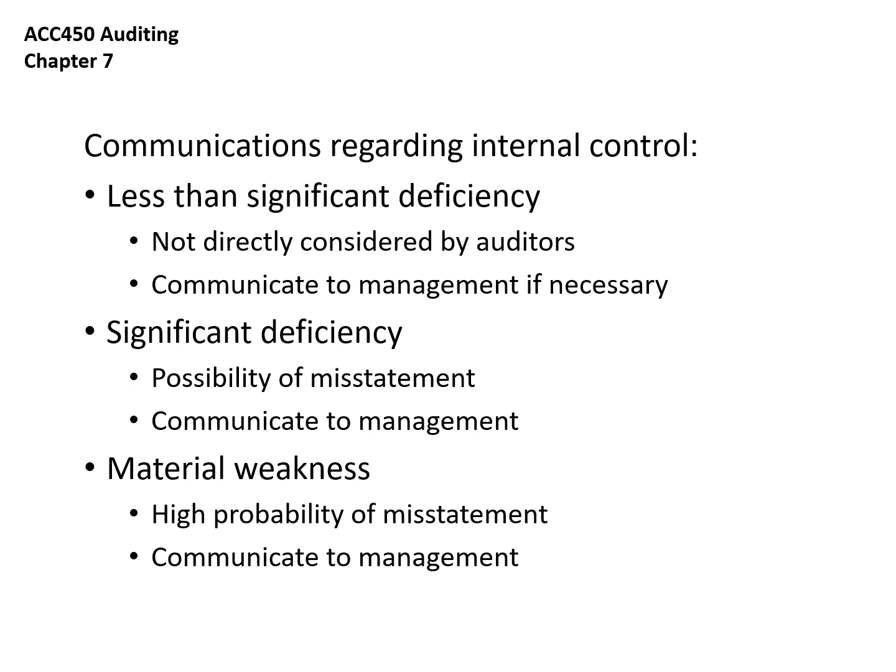A significant deficiency would mean there's a possibility that it would lead to a misstatement that we would communicate to management. And there's, like I said, an example of that in 7-11. And then there's a material weakness. That's where there's either a lack of an internal control or an internal control that's not being properly followed that would result in a high probability of misstatement. So that would absolutely be included in a letter to management.